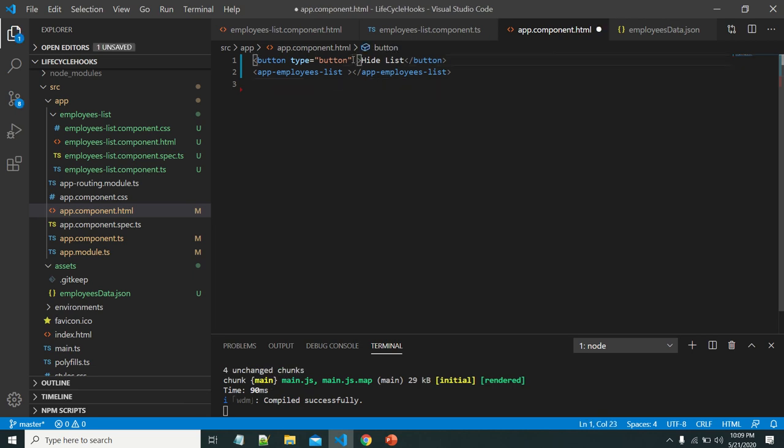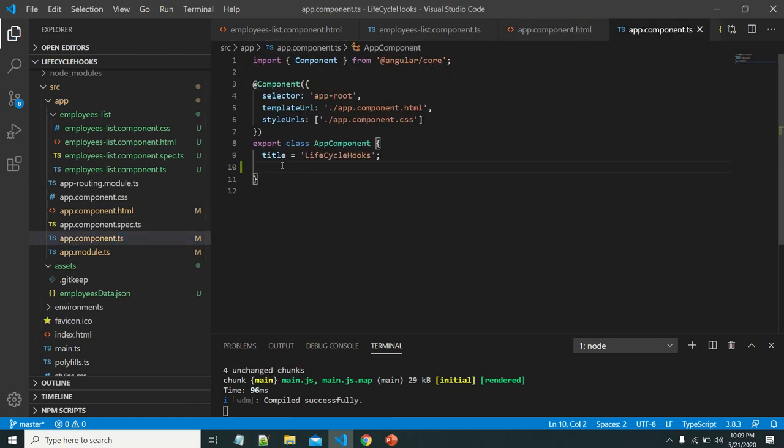So let me add one click event. So this method will be called when we click on this button. Let me add this method here.